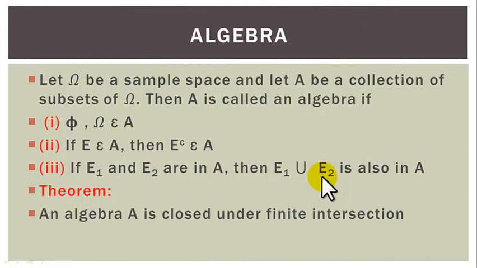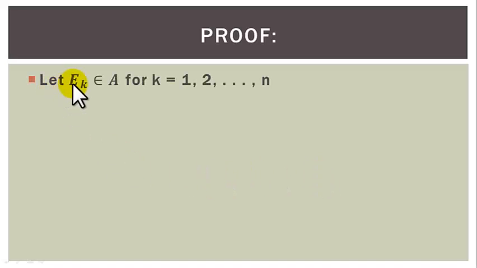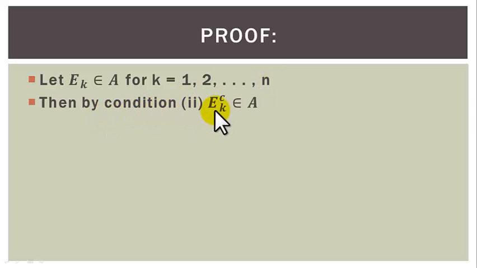Theorem. An algebra is closed under finite intersection. Proof. Let Ek be an element of A for k equals 1, 2 to n. Then, by condition 2, Ek complement will be an element of A. So you recall that if A is an algebra and Ek is an element of A, then Ek complement is also an element of A. By condition 3,